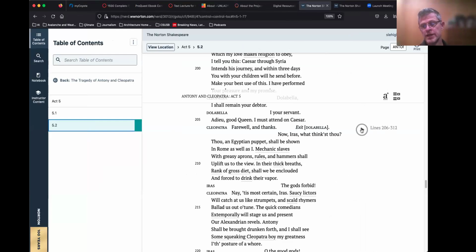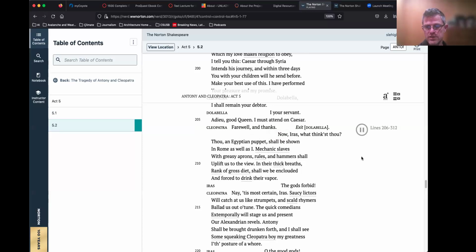spoken word performances of certain lines that are important in the play. So let's say I'm reading Antony and Cleopatra, and I'm interested in this famous scene in Act 5, where Cleopatra is talking. And I'm reading it, looking up these words, and trying to understand it. And I think, oh, look, they've got a spoken word performance of it. So I just